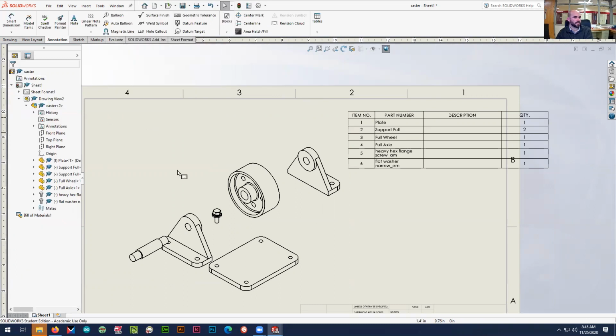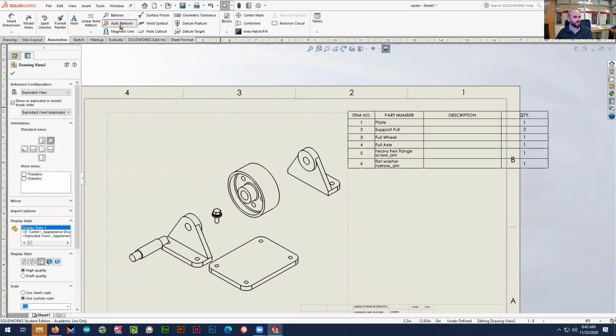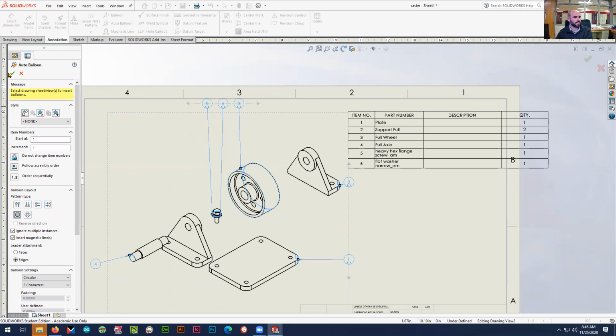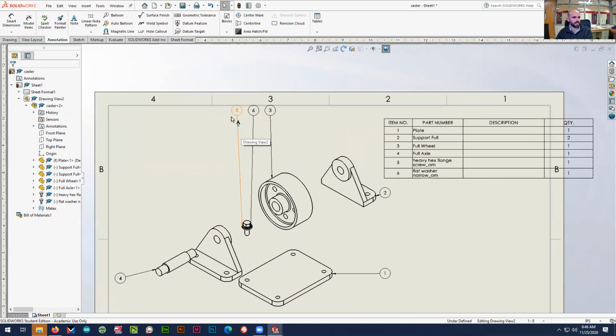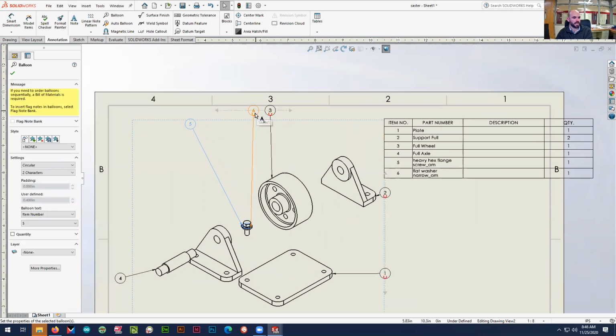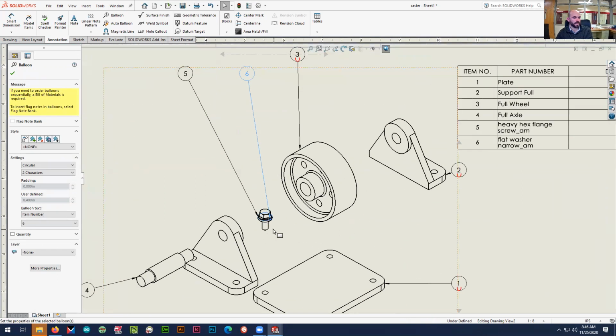Check. Oops, I forgot to select the view. Select the view, auto balloon. There we go. Okay, check it. Now, if you take a look, these numbers correspond to my bill of materials. So now what you're doing is getting these organized, and you can see I didn't get my bolt in